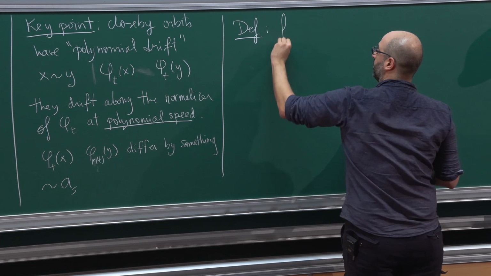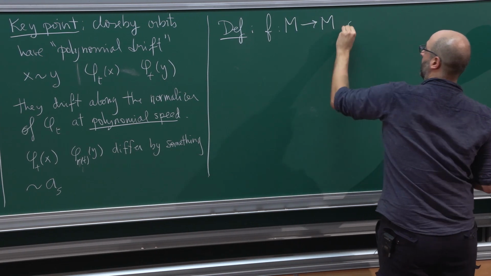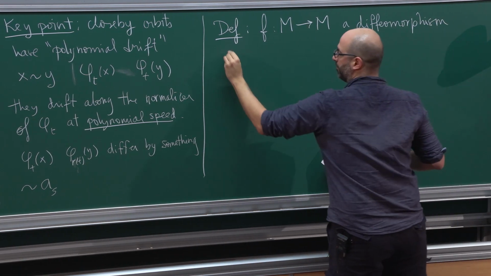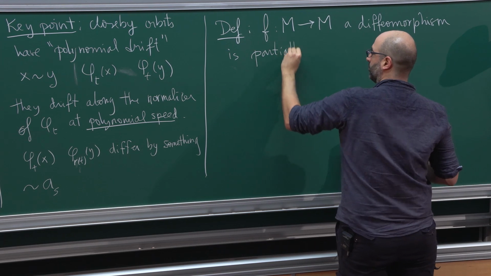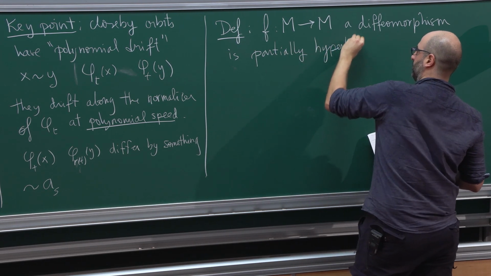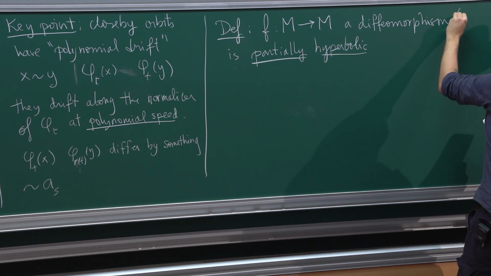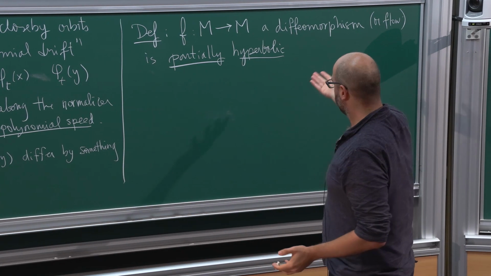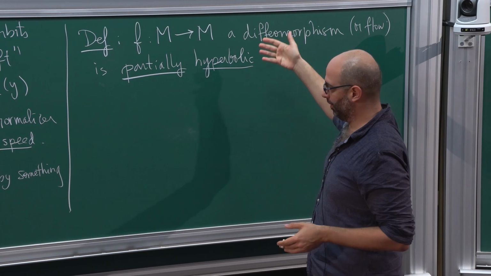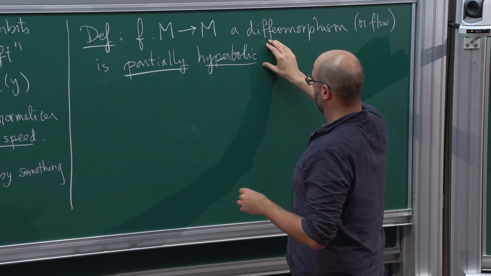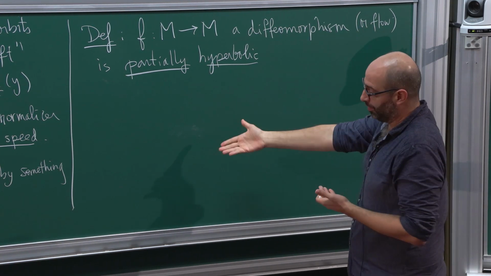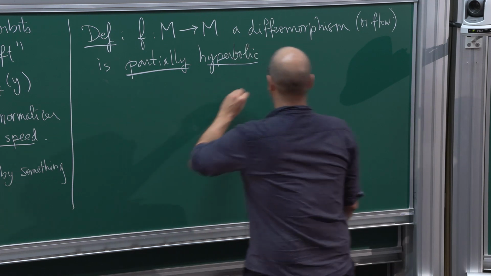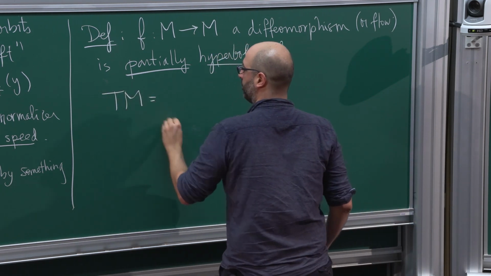So F, a diffeomorphism, is said to be partially hyperbolic. This can be done for flows too, but I won't give the definition. And this condition of being partially hyperbolic has a lot of resemblance with these Anosov representations. Here we have a diffeomorphism or a flow. So the flow, the cocycle over the flow in an Anosov representation has this property. And so, if the tangent bundle of M splits into 3 bundles,